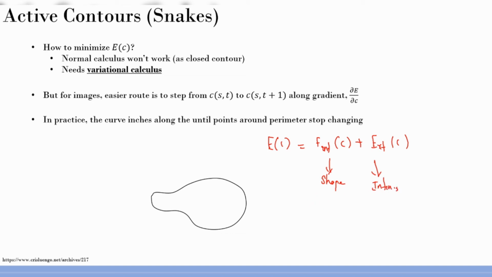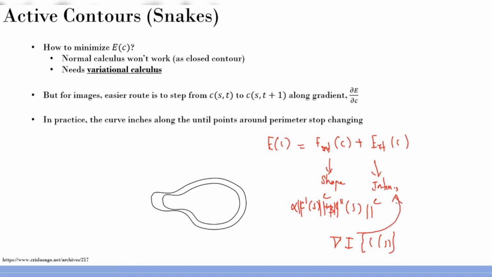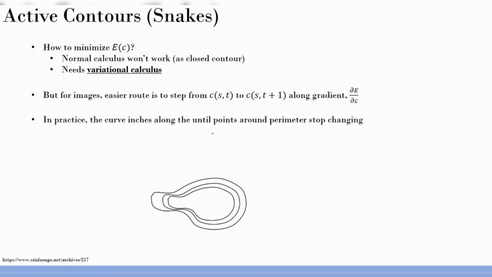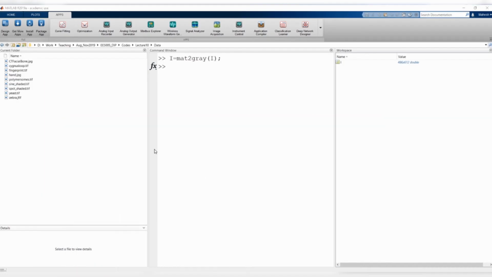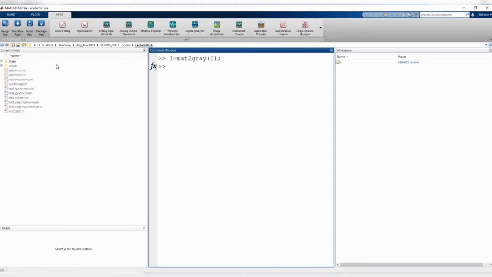And of course always remember this has two factors. The first order part, so let me just put that C dash of S plus C double dash of S, and of course you can add alpha beta parameters to it, and you want to minimize the energy of it, so of course you need to square. So this forms the internal, and then the external is basically that divergence, right? And this is a factor of the intensity. Always remember that, this guy. Okay, so I hope it is clear, and then of course you evolve it over time. Okay, let me just show you a very beautiful example I got from MATLAB File Exchange. I will share that with you anyway. So let me just go back to here.